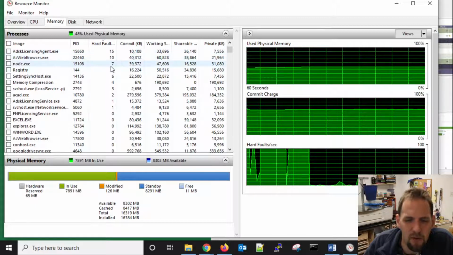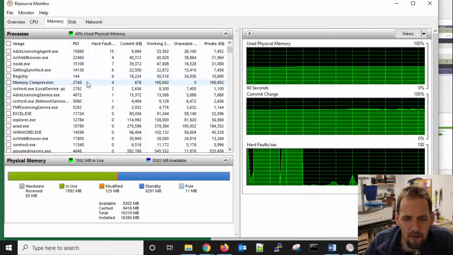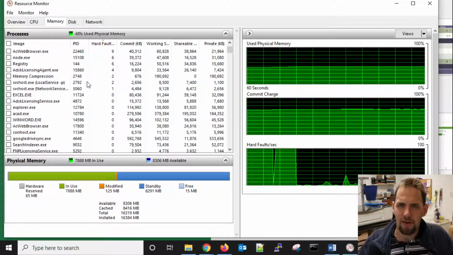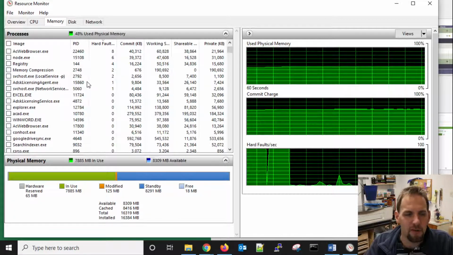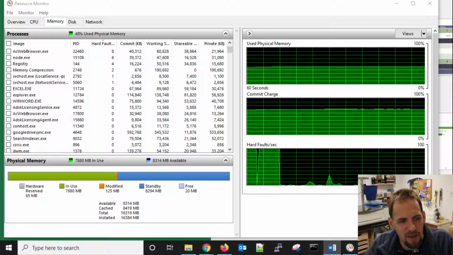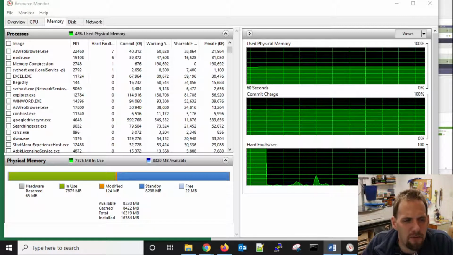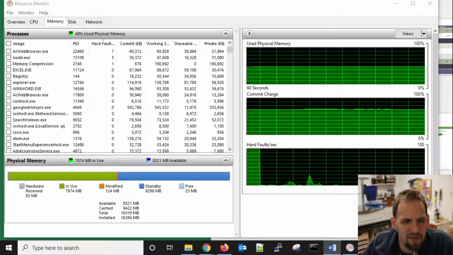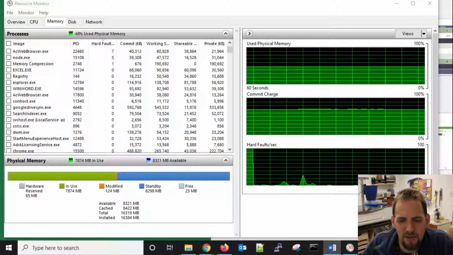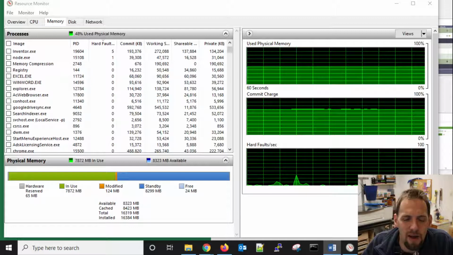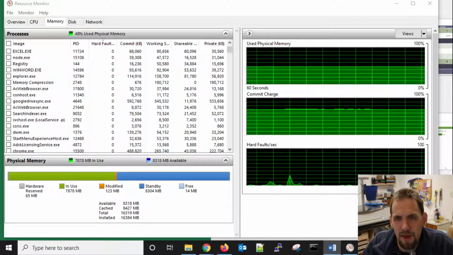All right, we've got 615.9 hard faults. There's faults on your computers? That's not a good thing. And yes, a fault on your computer is not truly a good thing. However, it's not actually what it sounds like. So a hard fault is an instance where Windows ran out of space in RAM and had to use the swap file. The swap file, if you don't know what this is, or sometimes it's called the page file, is